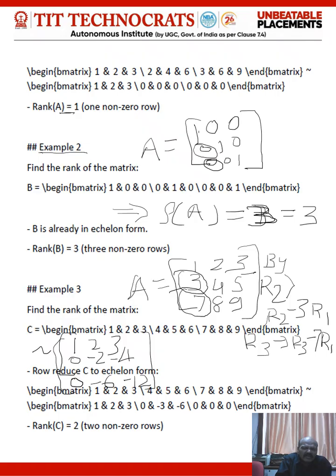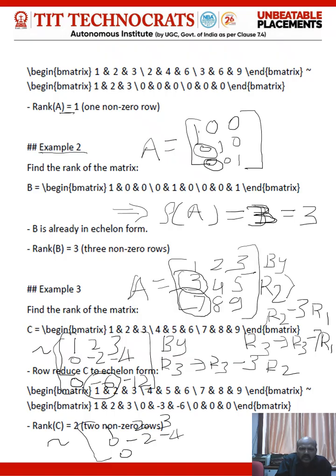ये आपका आ गया अभी। पहले कॉलम में पहले एलिमेंट के अलावा सारे एलिमेंट जीरो हो गए। अब सेकंड स्टेप में हम इस सेकंड रो की सहायता से -6 को जीरो कर देंगे। तो देखें यहाँ क्या ट्रांसफॉर्मेशन लगाते हैं, by using R3 reduces to R3 plus 3 times R2, क्योंकि -2 की सहायता से 6 ले आए। ऐसा कर देने से मैट्रिक्स आ जाएगा, 1 2 3, दूसरे में 0 -2 -4, और लास्ट का 0, -6 + 6 = 0, -12 + 12 = 0।